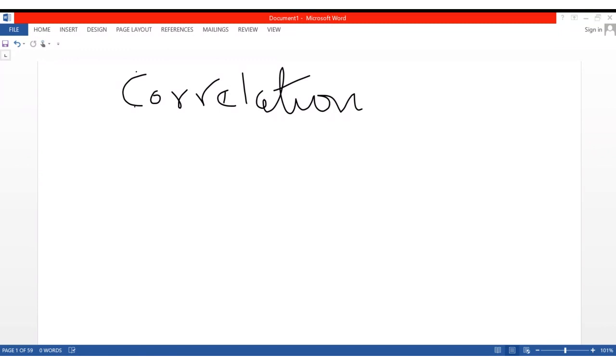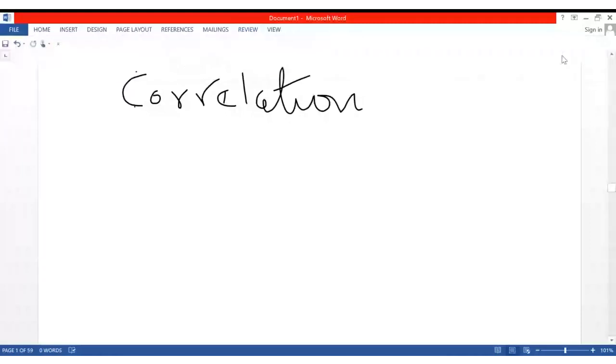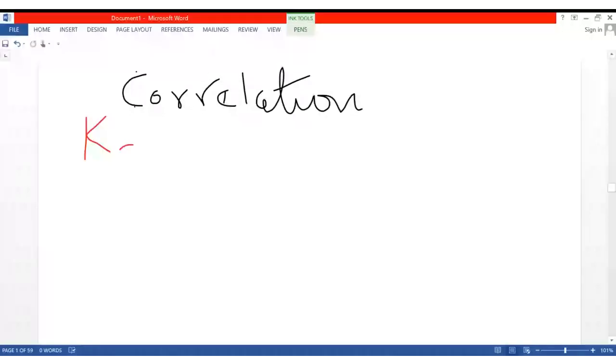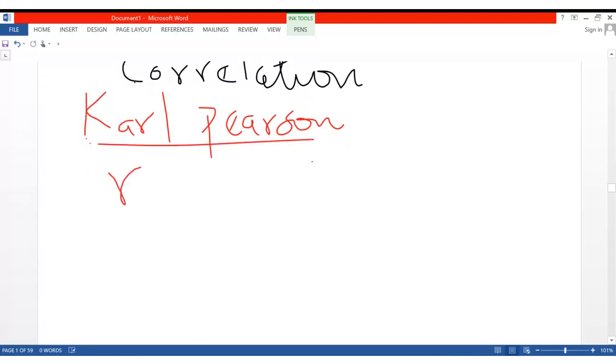So I have an example I wanted us to calculate, but before we do that, you must be able to remember the formula that I've given you in the notes. So I'll start with the Karl Pearson correlation coefficient. The correlation coefficient is given by this one, r is equal to the summation of x minus x bar,